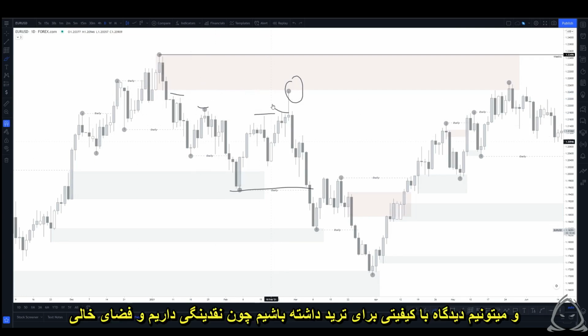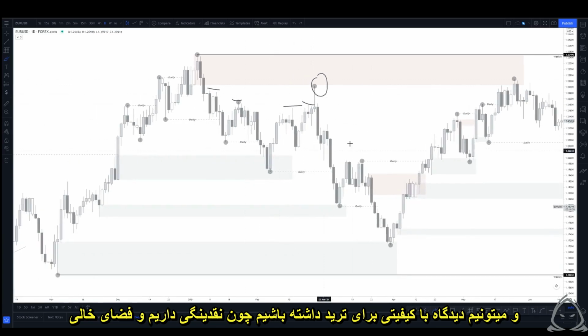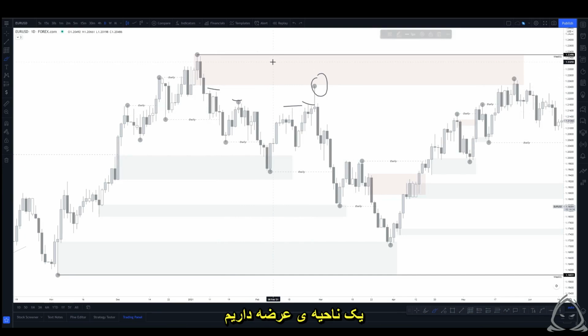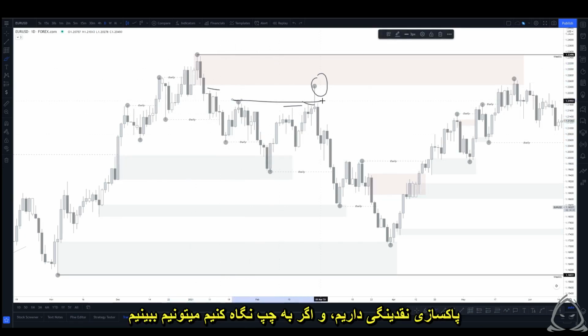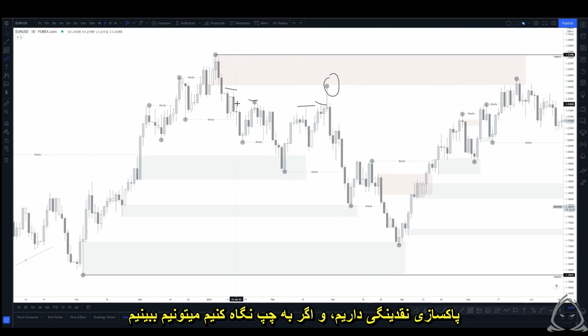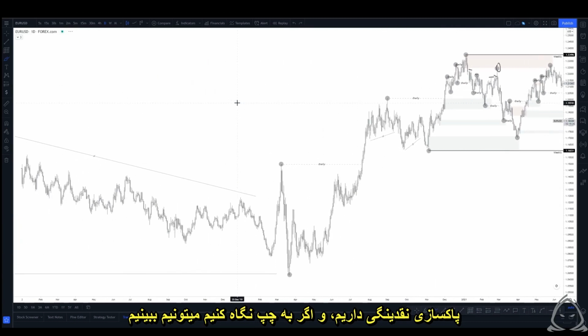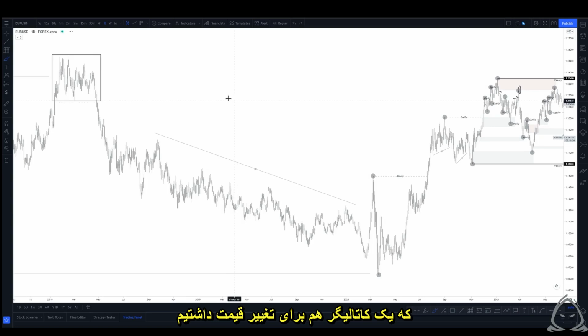And we're able to build up a high quality trade idea because we have, again, liquidity. We have a void in price. We have a supply zone. We have a shift in direction. We have a sweep of liquidity. And if we just move to the left, what we can see is we also have a catalyst of why